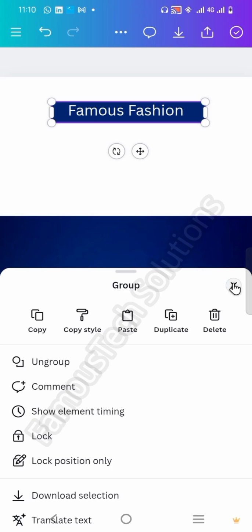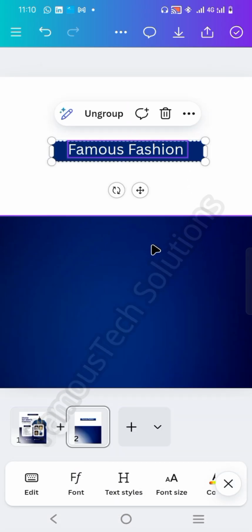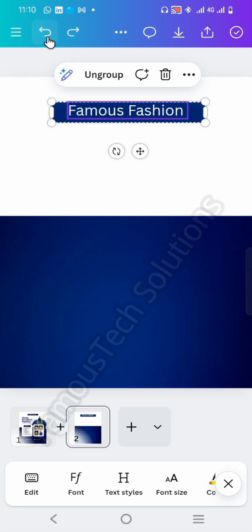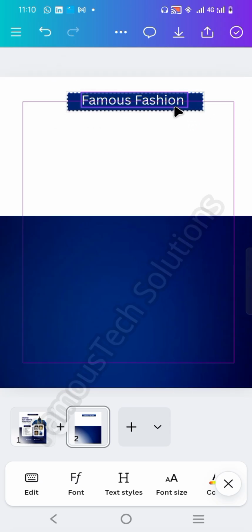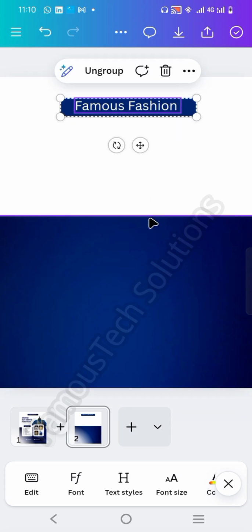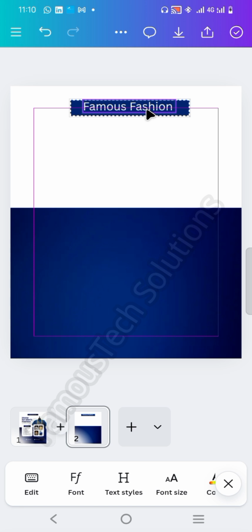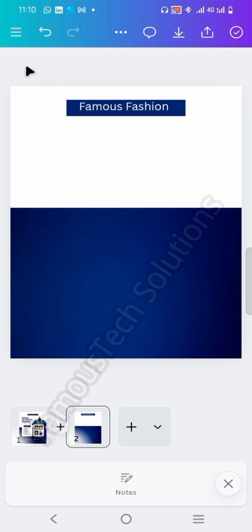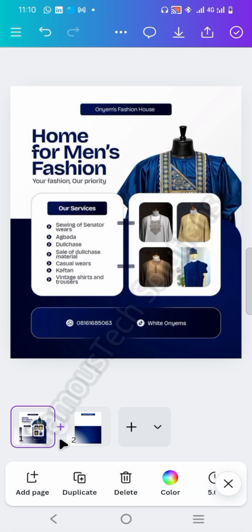So when you click on the group, you now group the two things together. So when you group the two things together, you can move them at once. You can see you can move them at once, right? So you can also undo right here. This is the undo. So you can reduce this thing now. Okay, you can see now to lead to that point, right? Okay, so now the next thing that you want to do now is you type this home for men's fashion,